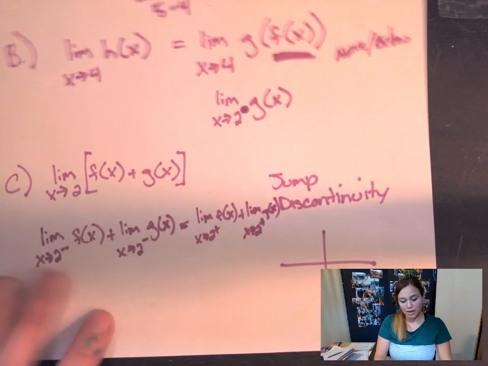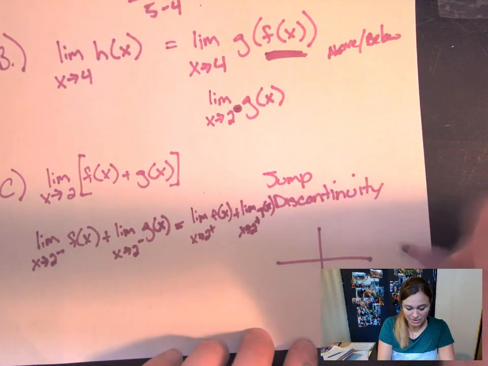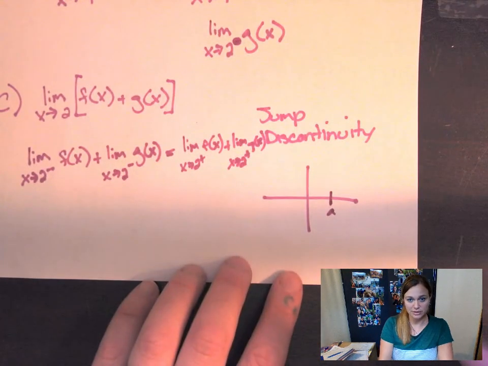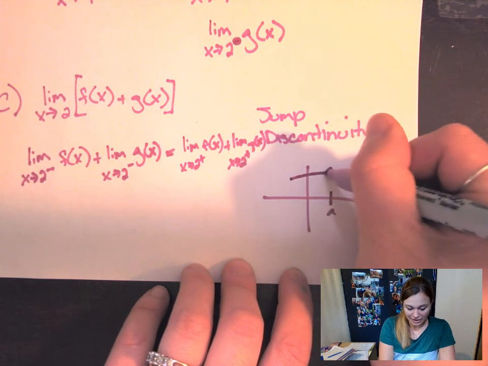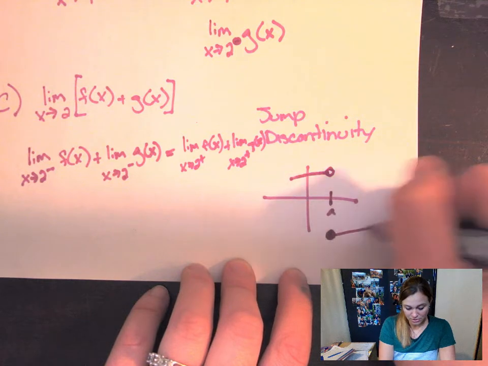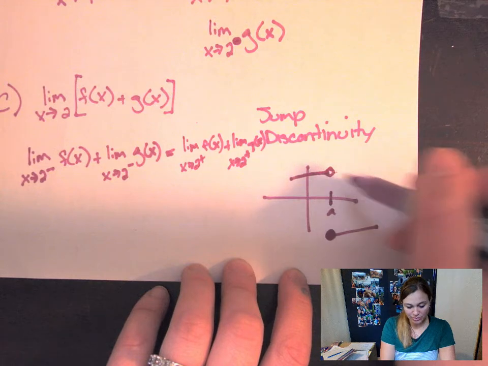because that's when limits exist. So that you know what a jump discontinuity is, because that comes up in a couple different problems, a jump discontinuity would be like this. So let's say I've got some x value a. Ooh, there you can see it. A jump discontinuity would be if I have a piecewise function and it actually jumps from one location in the graph to the other. If there was just a point down here, but it was the same on both sides,